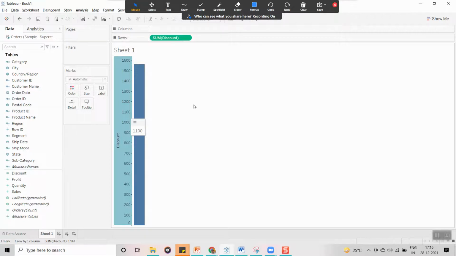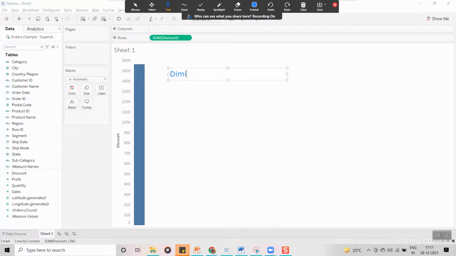And one more thing here: all the dimensions we will call discrete fields. And this is going to be represented in blue color.